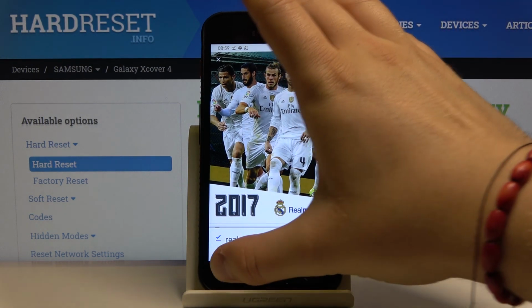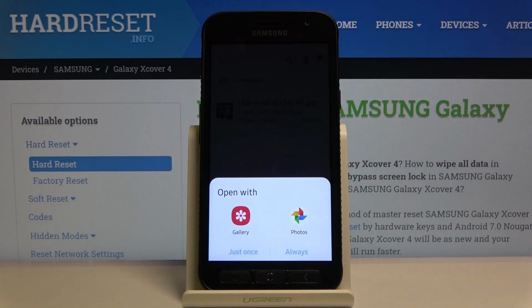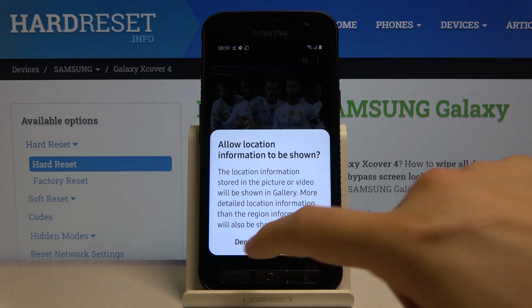Now we can go back right here, and as you can see, here we get the picture that we got from Chrome